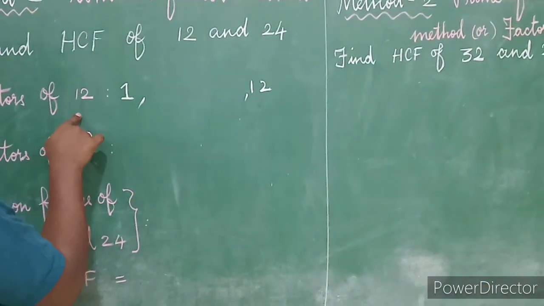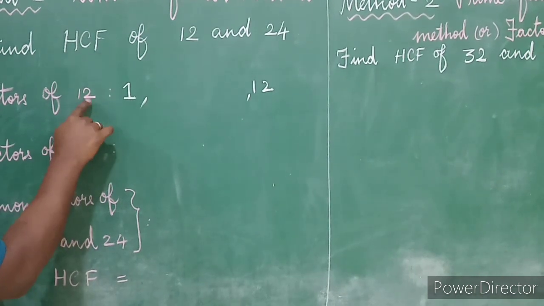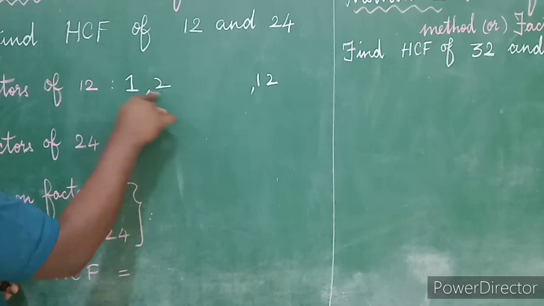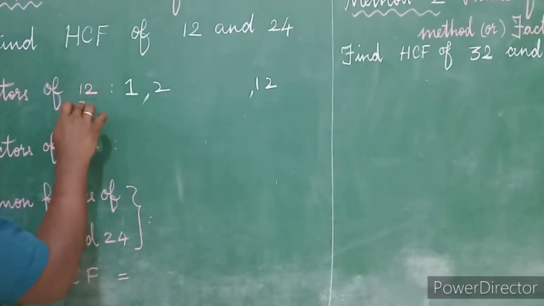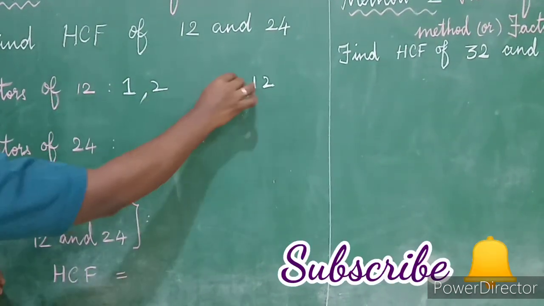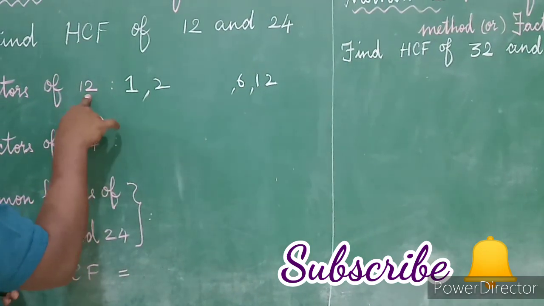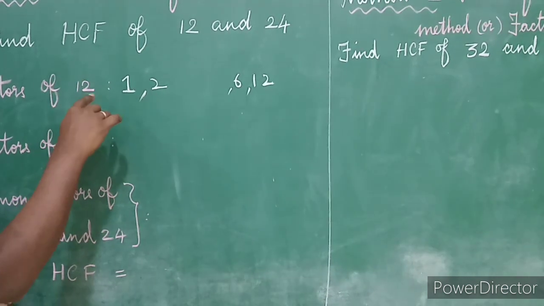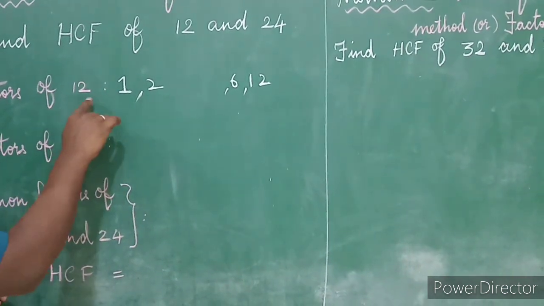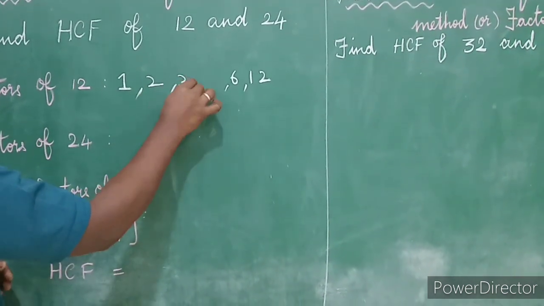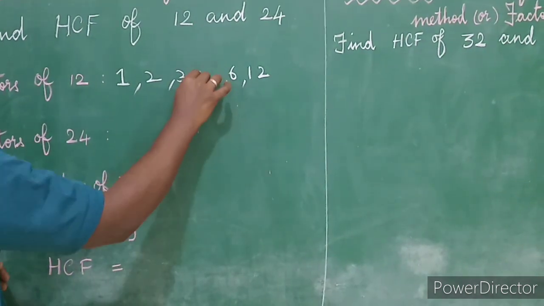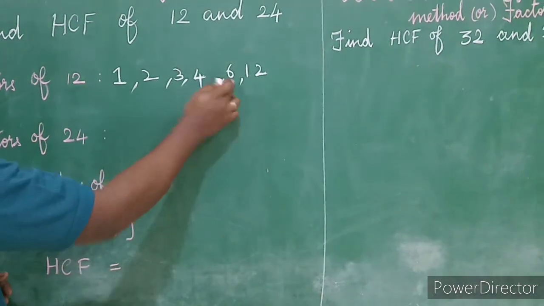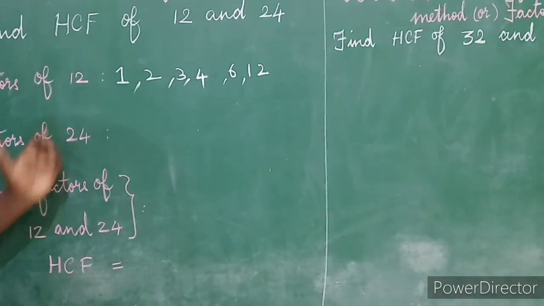1 12 is 12. Again, it's divisible by 2 because in the ones place there is 2. How many 2's make 12? 6 2's are 12. Again, it is in the 3 table because the digits 1 plus 2 give 3, so it is divisible by 3. How many 3's make 12? 4 3's are 12. It doesn't come in the 5 table. It is in the 6 table, and the 12 table. So we found all the factors of 12.